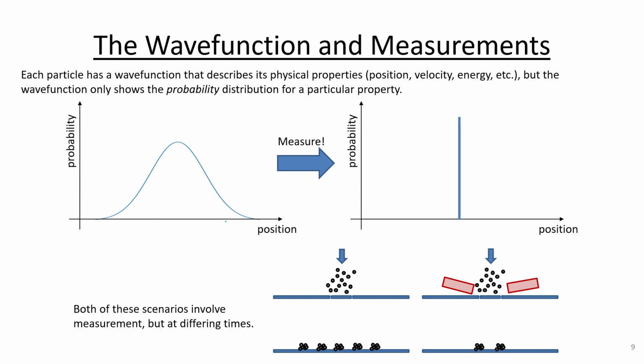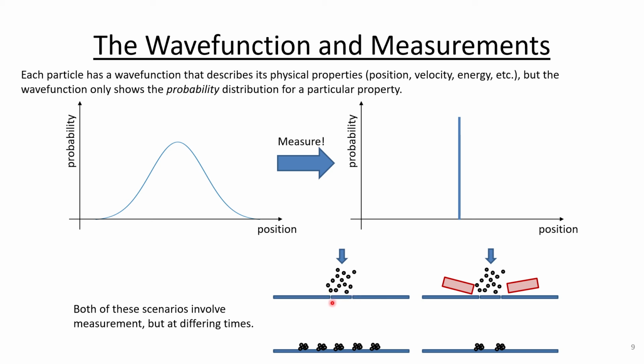Now, it's worth also exploring the idea that if we go back to miniaturized versions of those experiments that we talked about last time, so this one with the detectors before the slits and this one without, so we get interference, and lots of bright and dark interference bands here, and then just 2 little spots in line with the slits if we actually use detectors to figure out which slit the electrons are each going through. Both of these situations involve measurements. It's just here on the left, where we have no detectors prior to the things going through the slit,